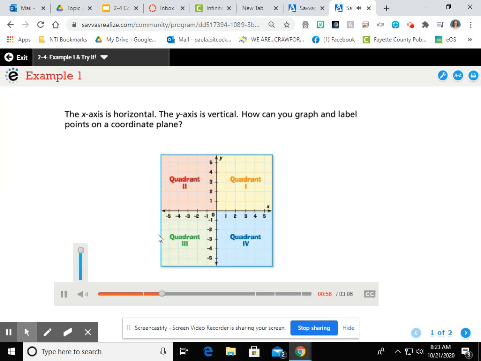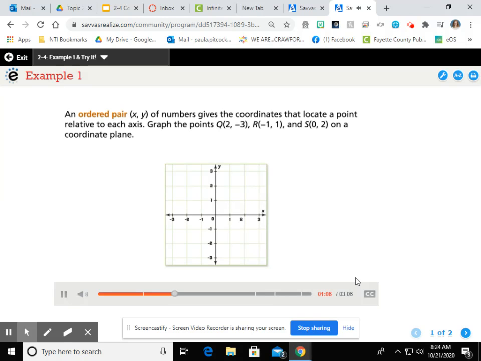The x-axis is horizontal. The y-axis is vertical. How can you graph and label points on a coordinate plane? An ordered pair, (x, y), of numbers gives the coordinates that locate a point relative to each axis. Graph the points Q (2, -3), R (-1,